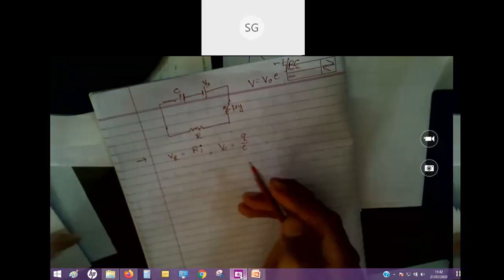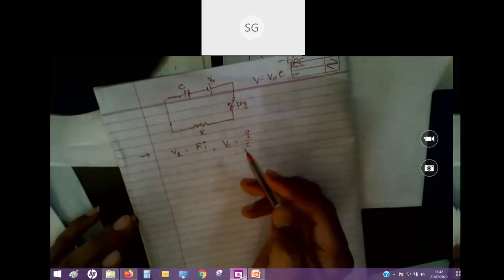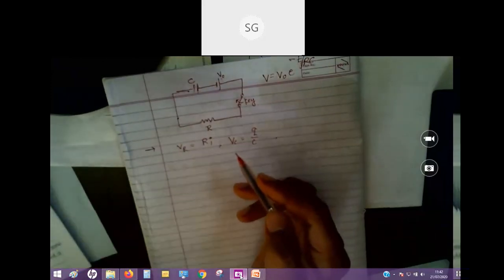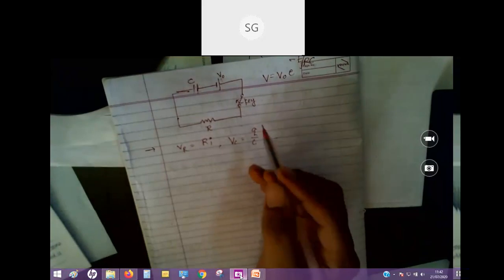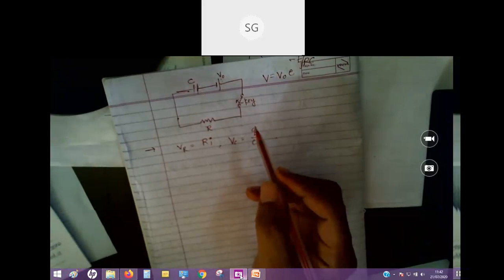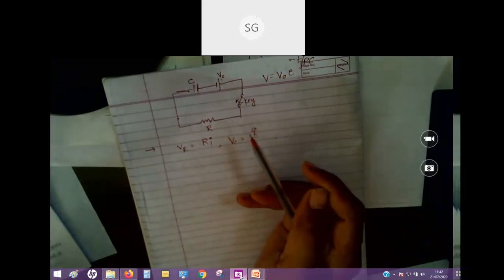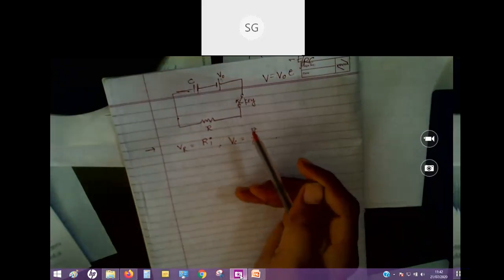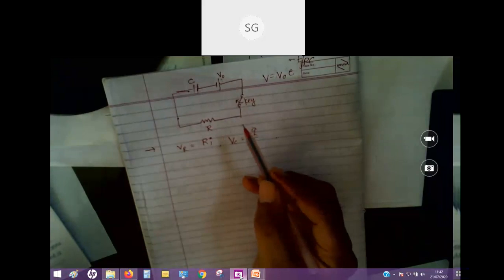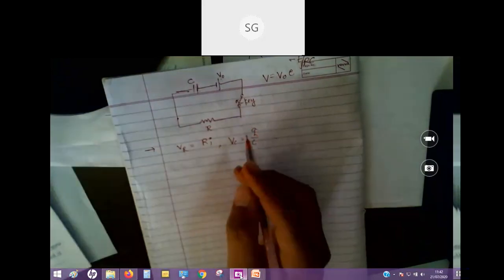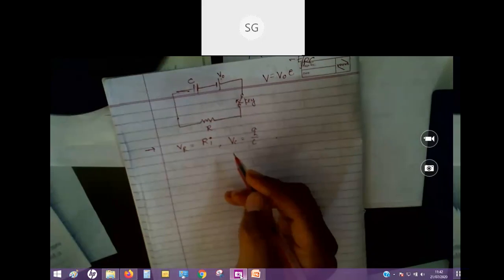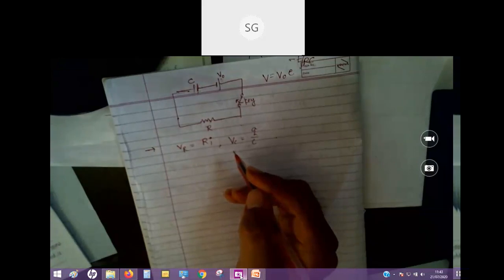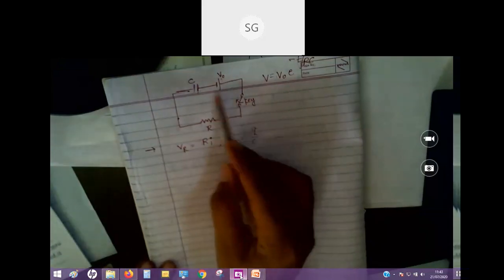Now the first step of solving such circuits is to write your KVL, Kirchhoff's voltage law. While writing it, please consider at what time we are going to see the voltage V. The question is, show that if Q coulombs is the charge on the condenser and V is the voltage at time t. So at time t, the battery is getting drained out.